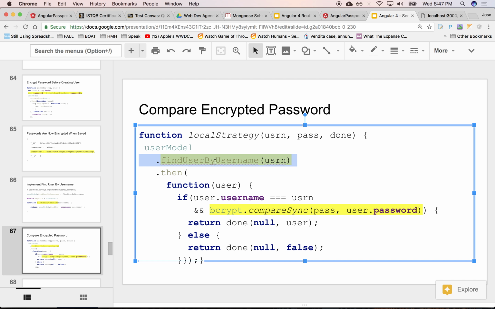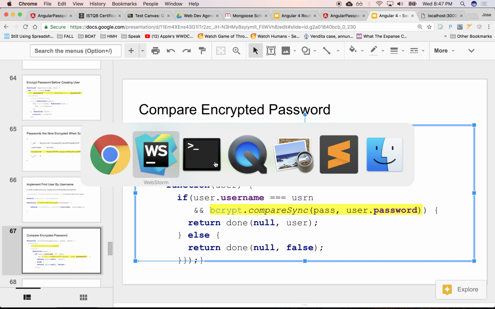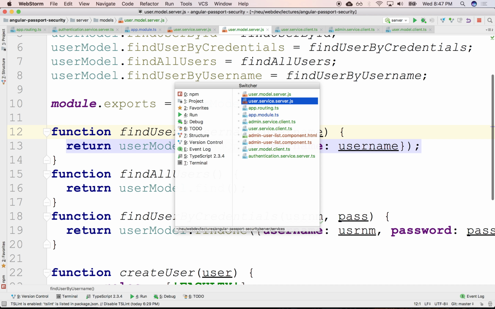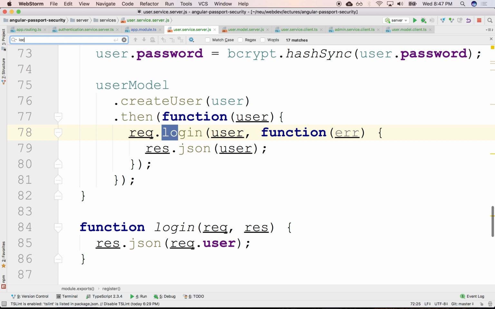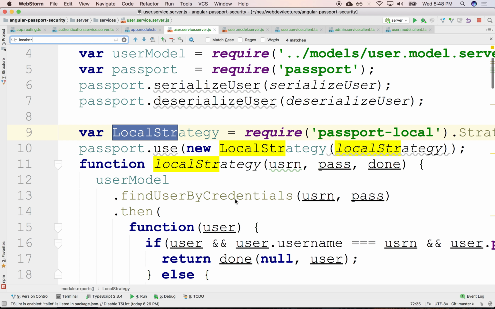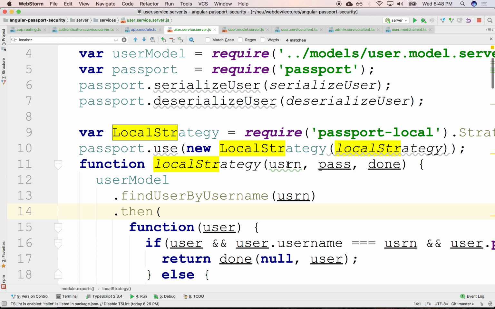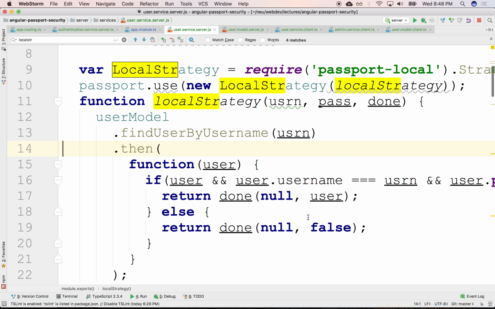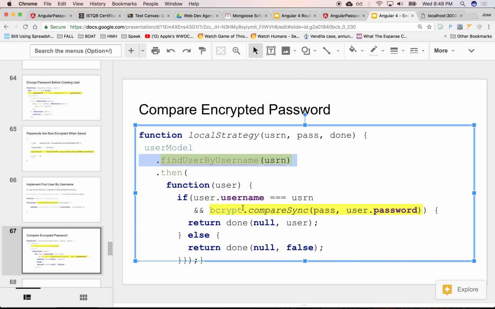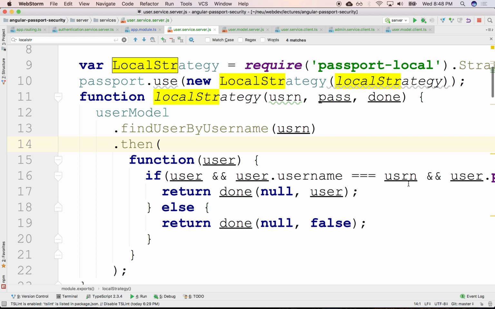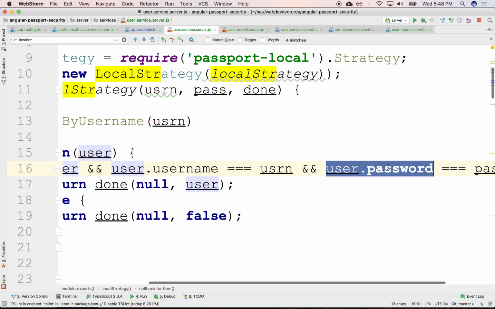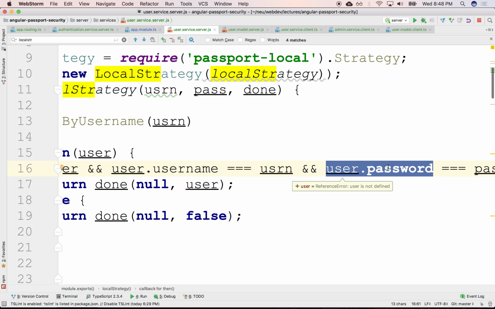Instead of comparing the credentials, we're going to first fetch the username. Right, in the user service, we're going to go to the local strategy. Where is it? There we go. So instead of using the find by credentials, we're going to find by username, using the username that was being passed to us. And we're going to compare the username, whether username is still good, but instead of comparing the password, because the password that is coming in from the client, whatever they typed, is clear text,